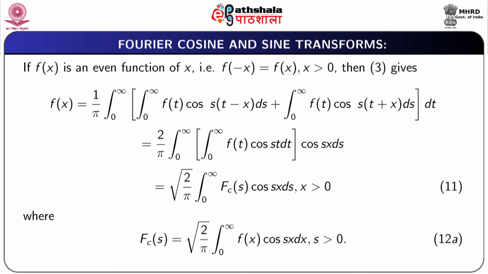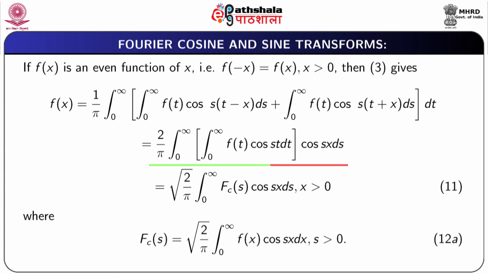Here the inner integral from −∞ to +∞ we have divided into 0 to ∞ and −∞ to 0, and in the integral from −∞ to 0 we have simplified so that we get f(x) in this form. This can be further simplified to give 2/π ∫ from 0 to ∞